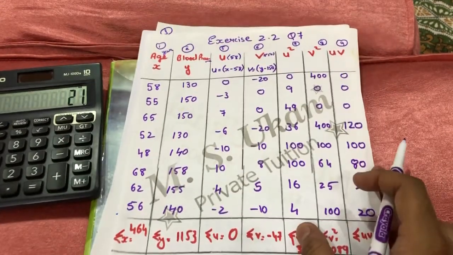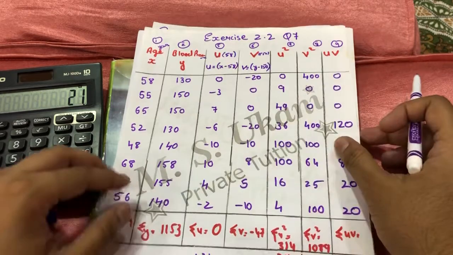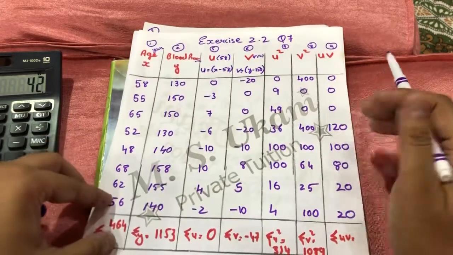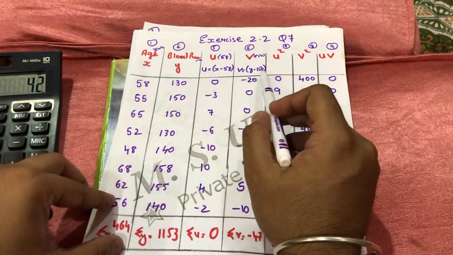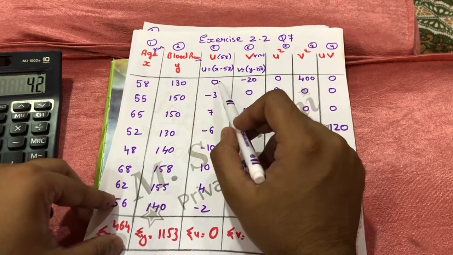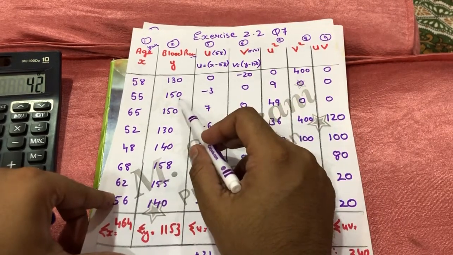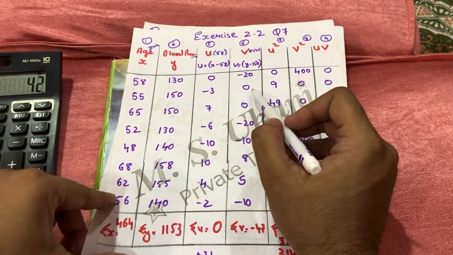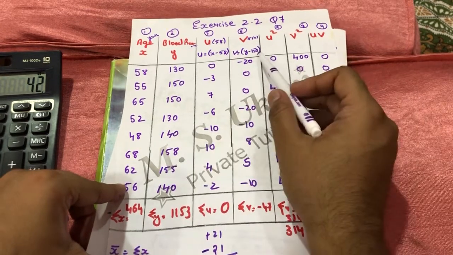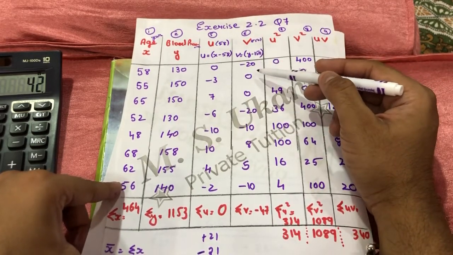Now the next step, that is the sixth column, we will prepare V. We had assumed in our sum that V is 150. The formula for V is Y minus V. Y is 130 and V is 150, so 130 minus 150, our answer will be minus 20. Again 150 minus 150, our answer will be 0. 150 minus 150, again 0. 130 minus 150, our answer will be minus 20. In this way we have found the column V.